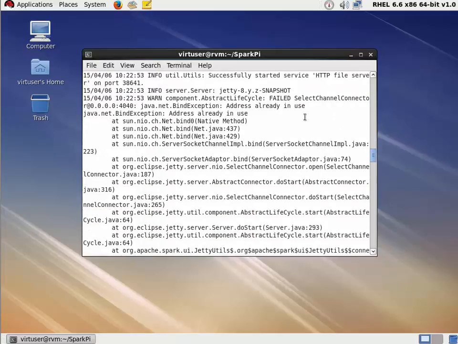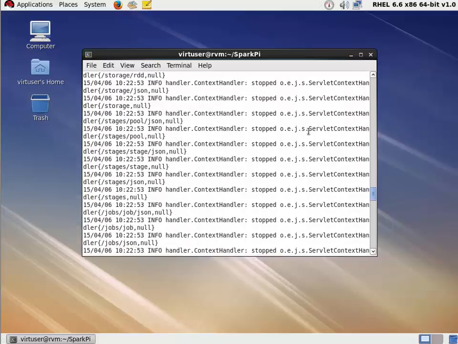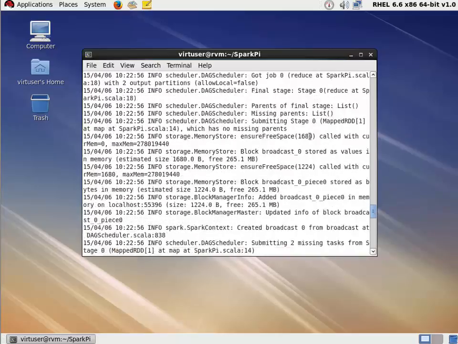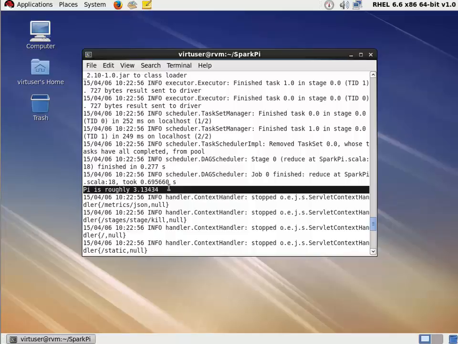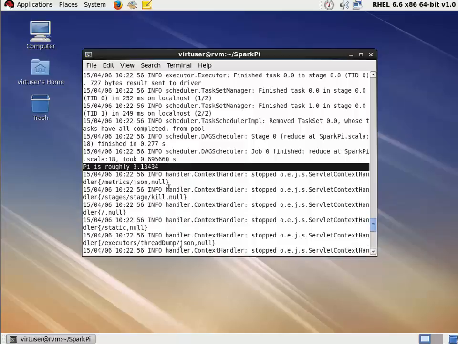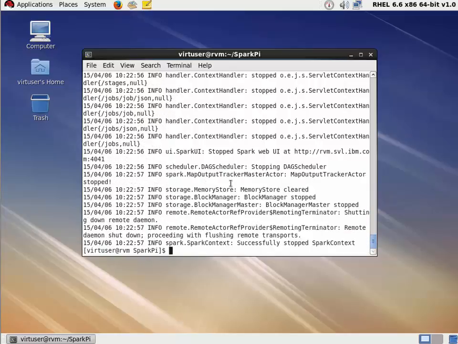You'll notice some errors here. Don't worry about it, it's not critical to the application. The application actually ran and successfully completed. So now we need to look through this output here to see where the output came out. And here it shows that pi is roughly 3.13. And obviously every time you run it, it's going to be slightly different based on the mathematical computations. But again, the purpose was to show you how you can create and run a Spark application using the Scala